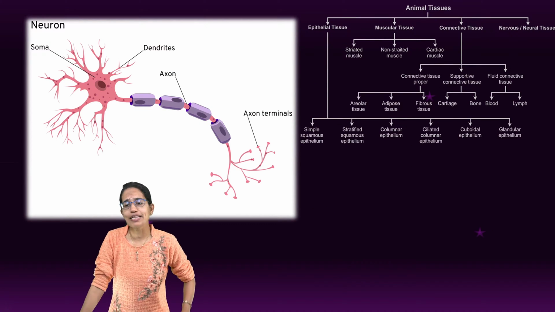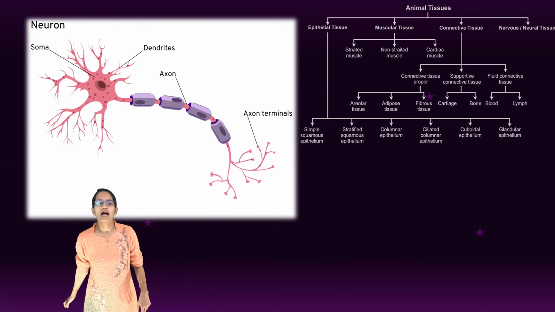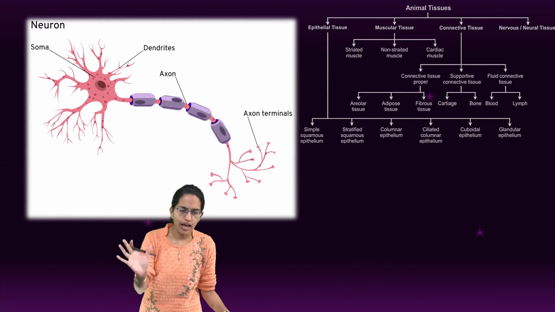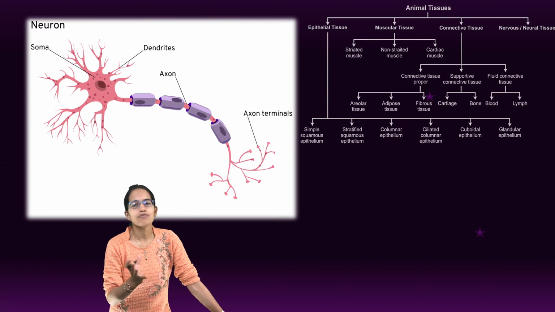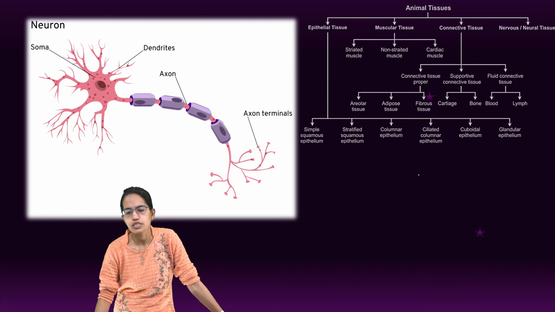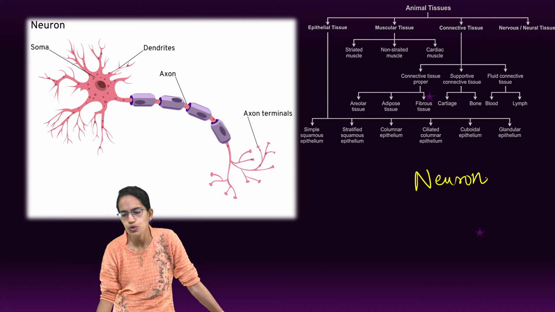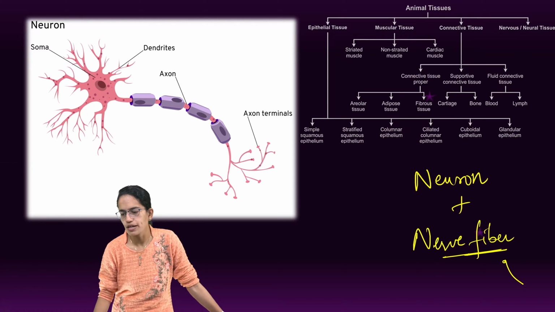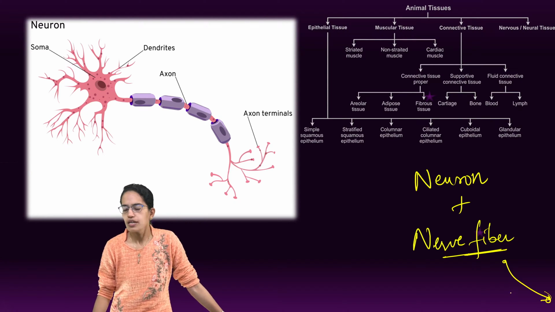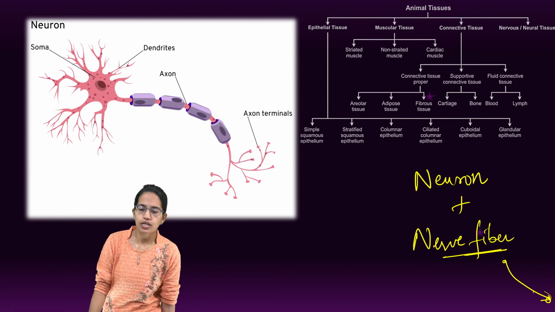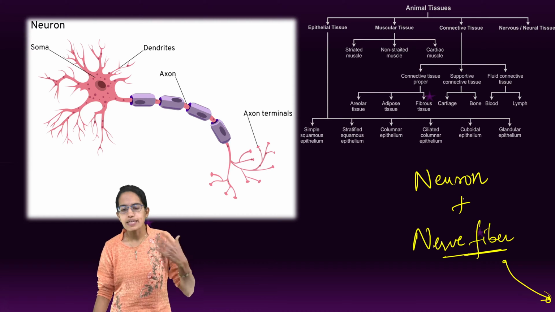Coming next is the nervous tissue. Under the nervous tissue, we have covered this in a separate lecture. So just to have an overview here, you have the nerve cells. Along with the nerve cell, there is nerve fiber. So nervous tissue could be explained as neuron plus nerve fiber. Now, the main role of nerve fiber is to conduct the message from one part of the body to another part, to receive the stimuli and to send the stimuli. So sensory and motor nerves take this into account. And the next is the neuron.